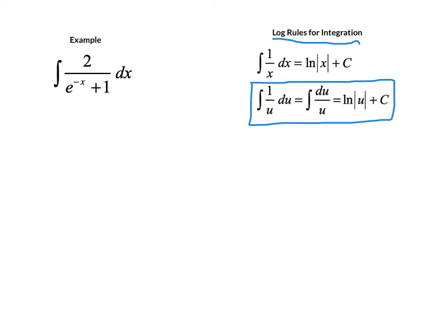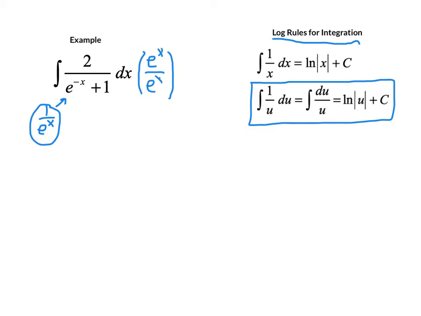So it's actually a bit of a tricky rewrite, and what you need to think about here is that this is technically a compound fraction. We don't always write it this way, or almost ever write it this way. We tend to use e to the negative exponent, but e to the negative x is equal to 1 over e to the x. And so the way to rewrite this function so that we can do the integral is to use the LCD method for compound fractions, which says that if we multiply the numerator and denominator here by e to the x,